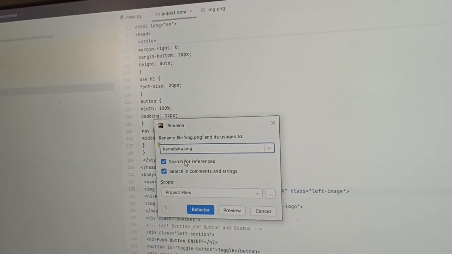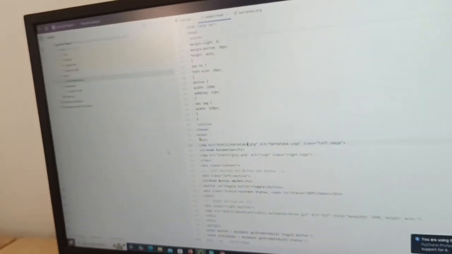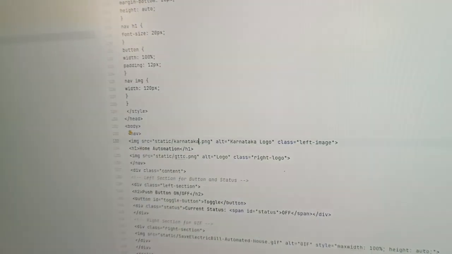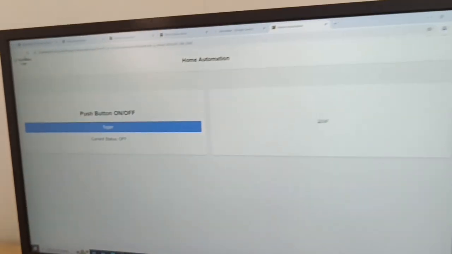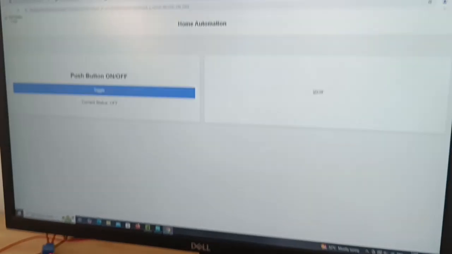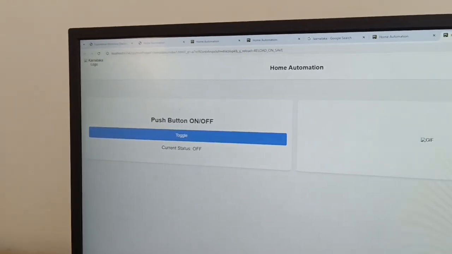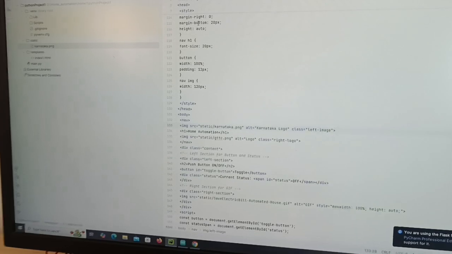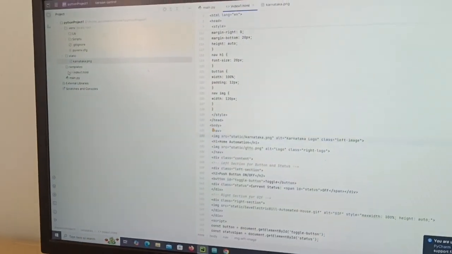So here I will give Karnataka, then enter. So you can see here, if let's say once again I open this file, okay, Karnataka logo is missing again. Because the thing that we are doing here, static templates, all this folder works on web hosting that is called